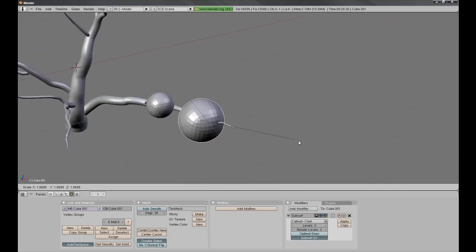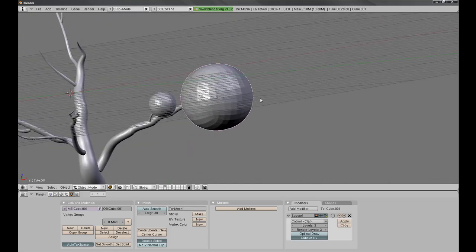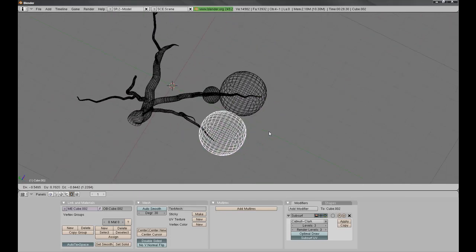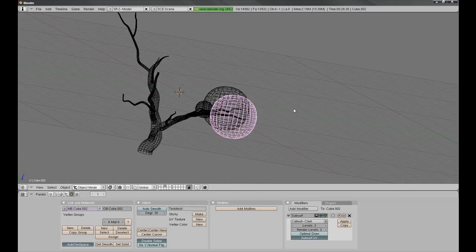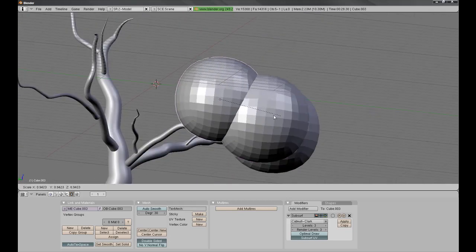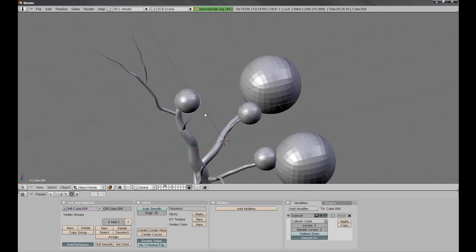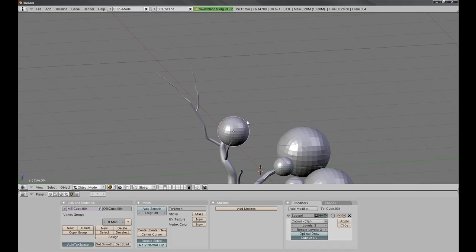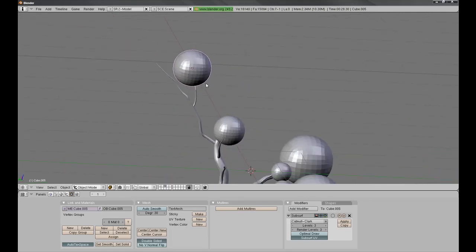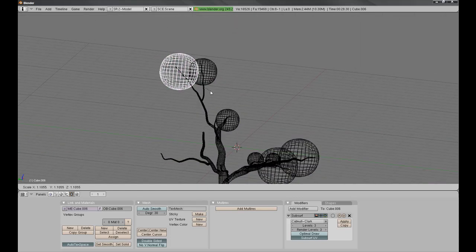Okay, so now what we're going to be doing is just positioning this cube and just duplicating them for each of these branches here. So just go along, just duplicate it, and just toss one on. And when you've finished, it should look like something with toothpicks and cotton buds all over it. And that's just going to be where the twigs are going to be generated, just along each of these points here. So as I said, you want to spend a bit of time just experimenting where you're going to put these